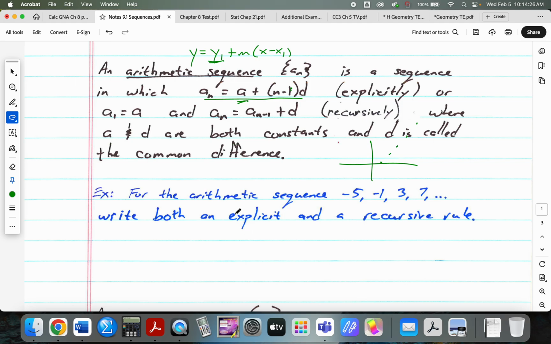So you need to be able to write a sequence in explicit and recursive format. So if we have this sequence, so we know the value of the first term, and we can pretty quickly figure out, well, what is the common difference? The common difference is a positive 4. So you're like, okie dokie. So the first term is A. So I'm going to write, all right, A sub n is equal to the first term, negative 5, plus, and I don't mind if you write it first so that it's more like